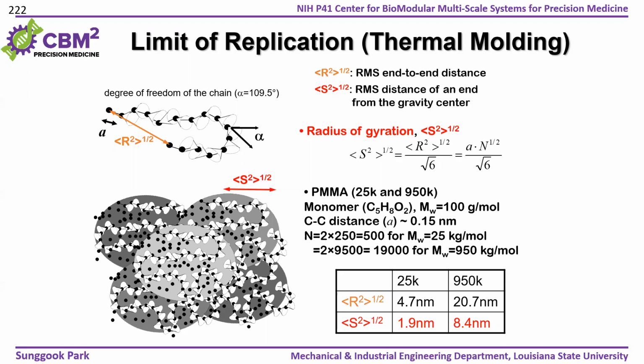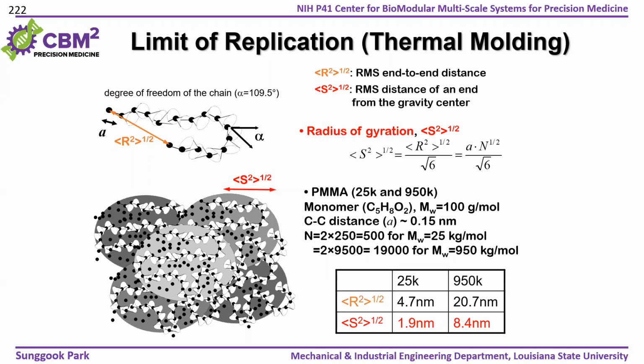And S is the standard deviation, which is the radius of gyration. The radius of gyration determines the minimum size of patterns you can reliably make